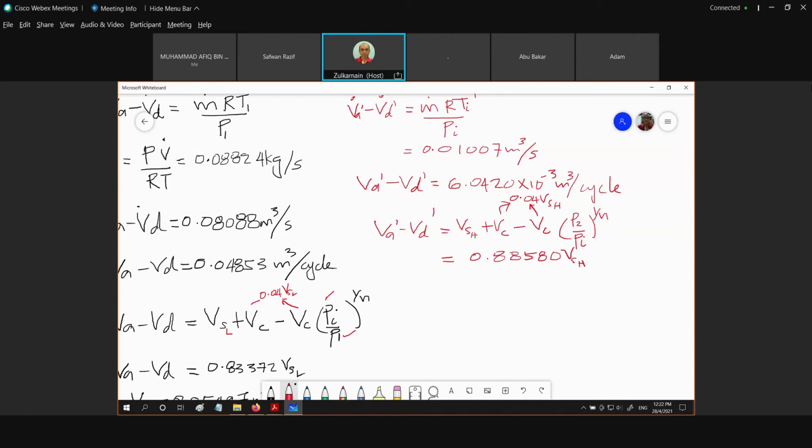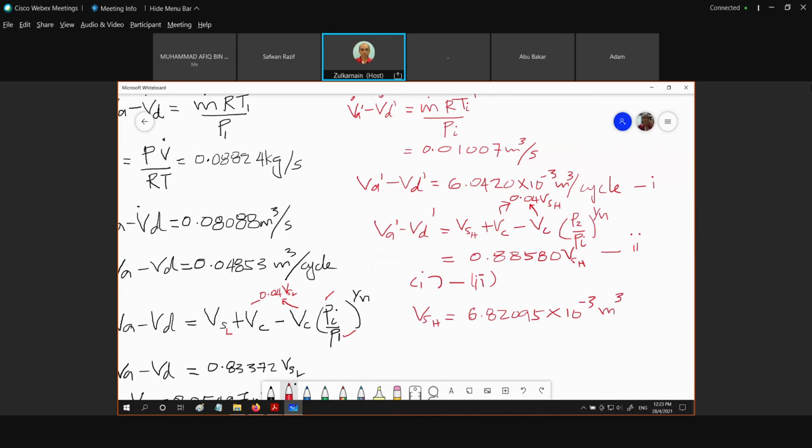So let's say this is our first equation, this is our second equation, and we equate 1 equal to 2. So we have VSH equal to 6.82095 exponential of minus 3